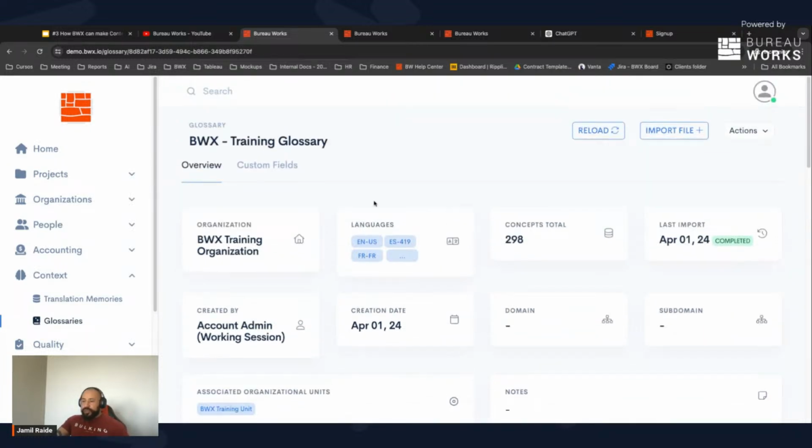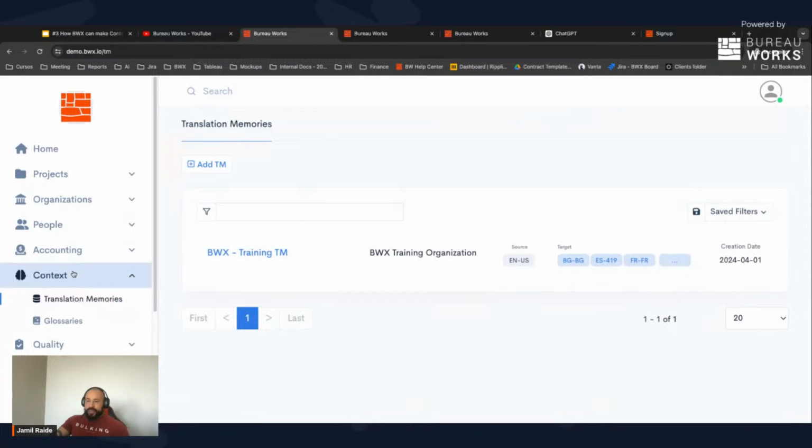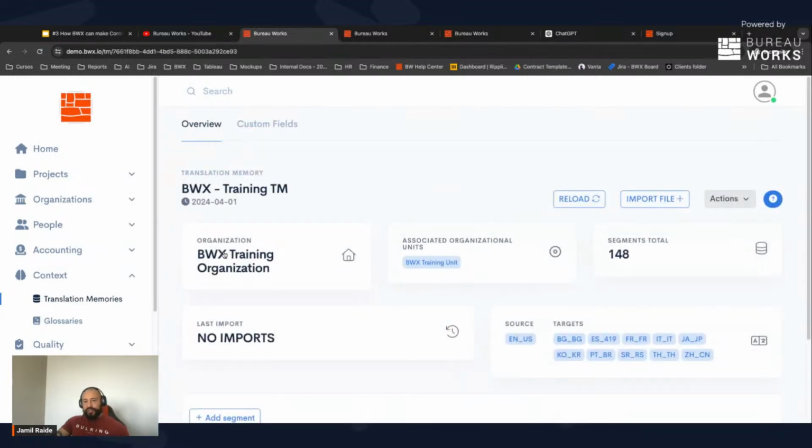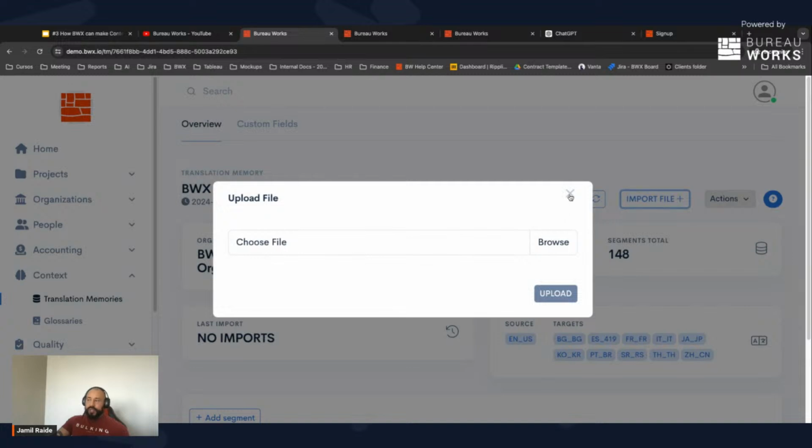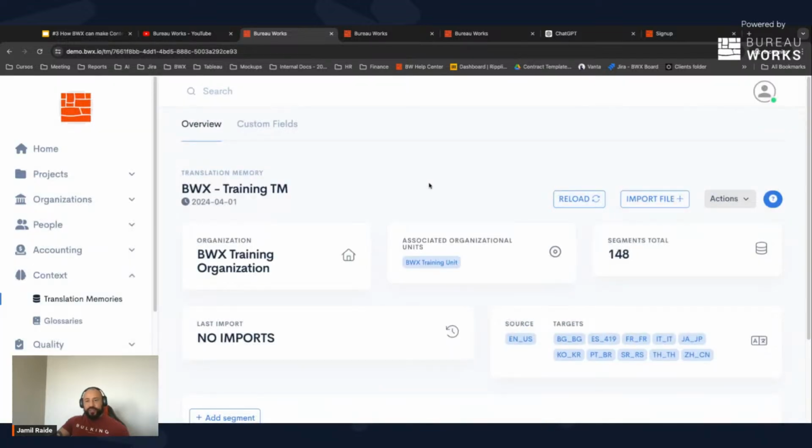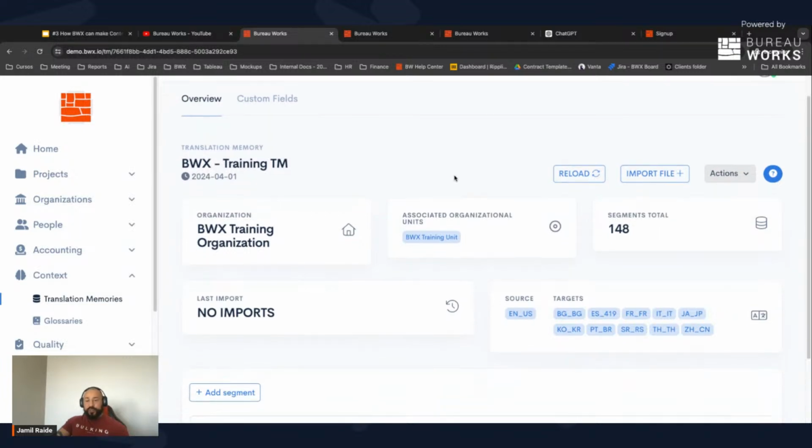Okay, so then after creating your translation memory and glossaries, or just adding the language in here that you'll be using, next step is if you have a TMX file, which is a standard format for translation memory, or a TBX file, which is a standard format for glossary, and you want to import them here, you can do it, right? So you have maybe a translation memory that you have been using for quite some time that has a lot of content in it, and you want to leverage the previous translations that you made,